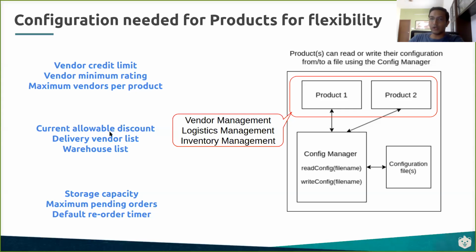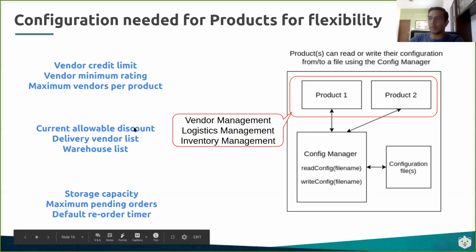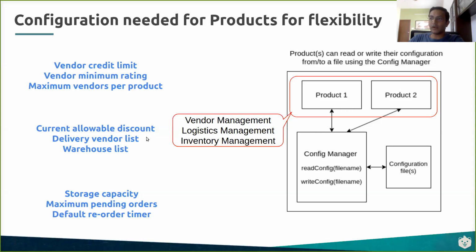What is the max allowable discount? Beyond that, I should not be giving discount. So if anybody is saying I want a discount more than that, it should not be allowed. So this will be configured. And I have the list of all the vendors that are supported on my platform, right? It should have a list. So anybody new comes in, we should be able to add to this list, and then the product knows that there are more vendors to support.